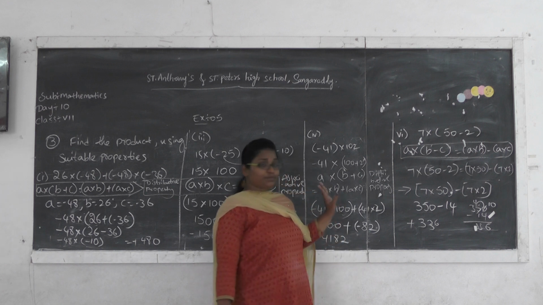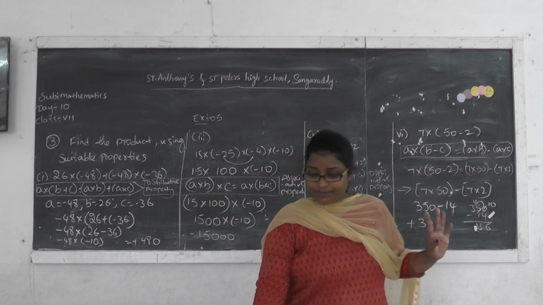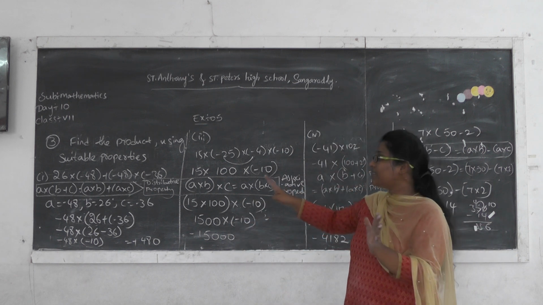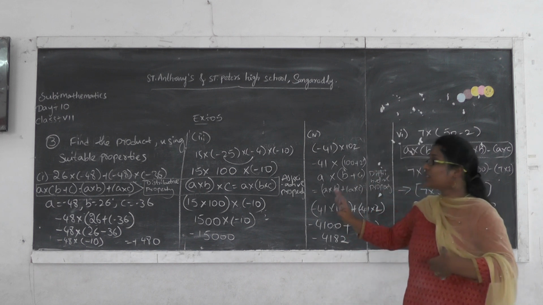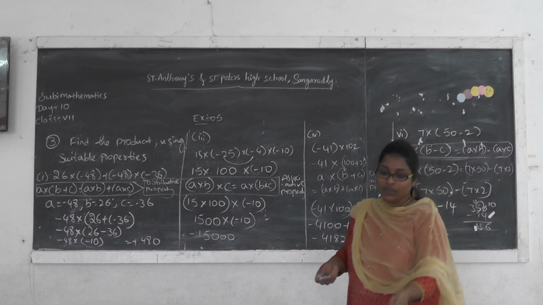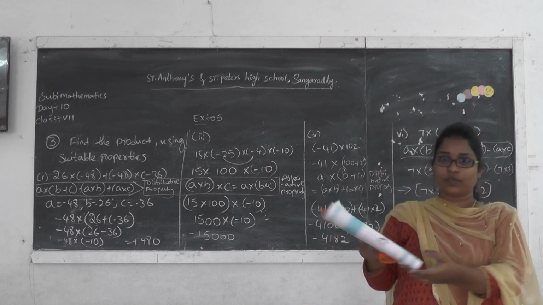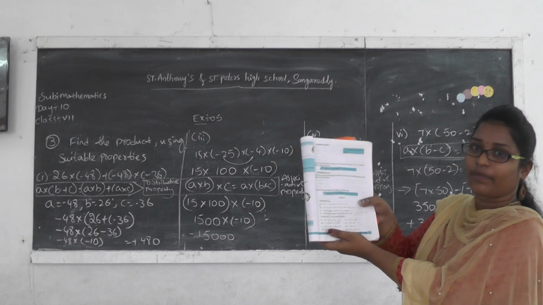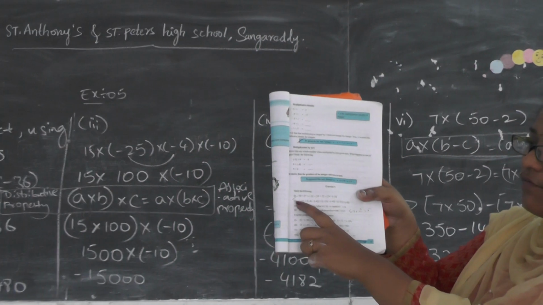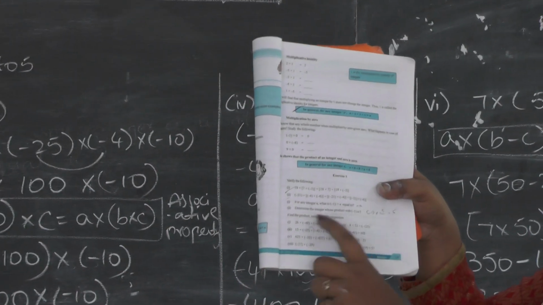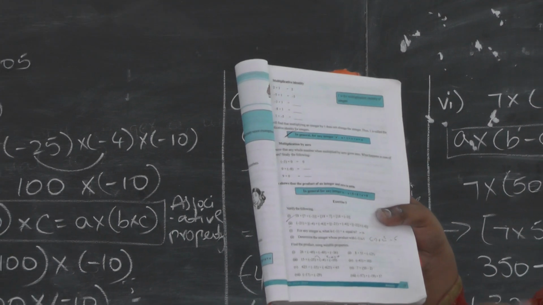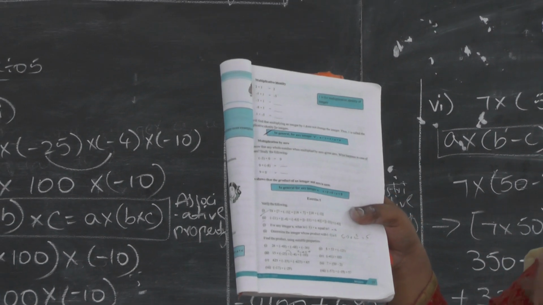If you have any doubts regarding this, you can ask in the next session. In this third bit, there are a total of 8 questions, among which I explained 4. The remaining 4 you have to solve, just go through the textbook once. Here in the first bit, the second question I have to solve, and in the third bit I explained 4 questions out of 8. So the remaining 4 you have to solve. They are similar to these 4 questions.